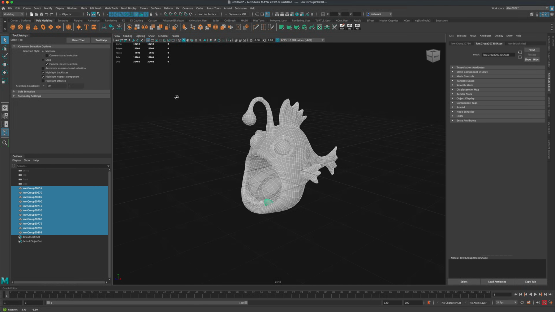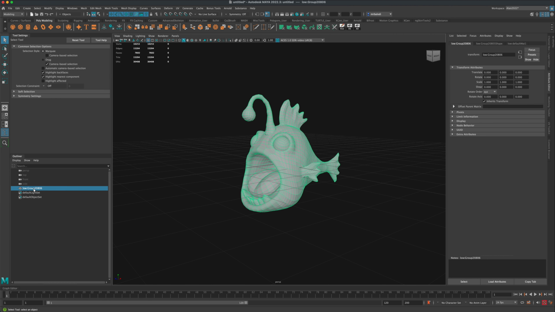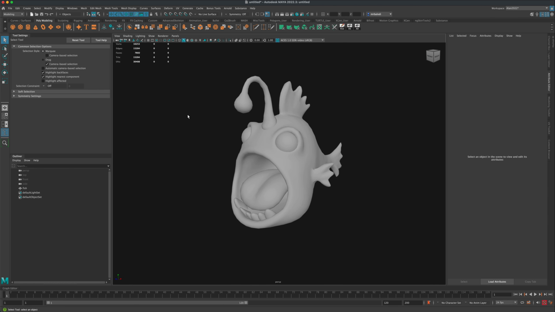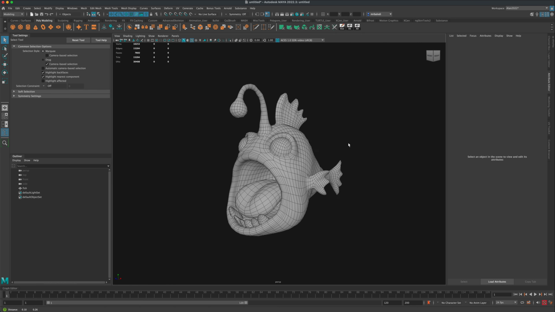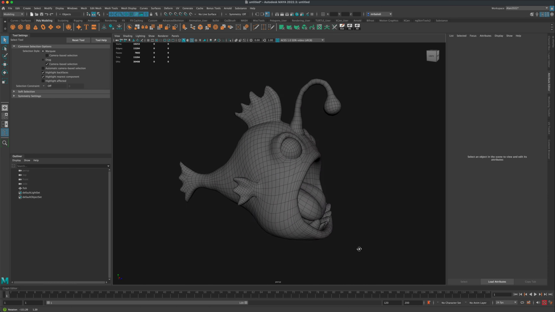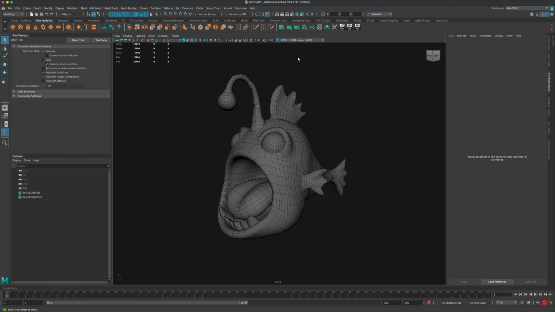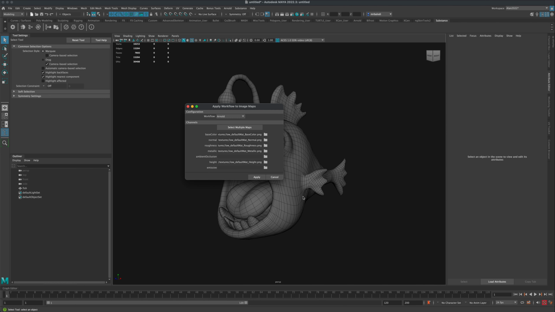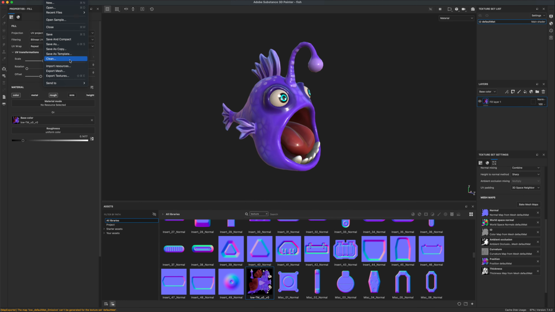Once I brought it into Maya, you can see all the pieces on the left came in for the poly group, so then I just combined the mesh into one and changed the edge flow to be soft so it looks nice and smooth. And next I went to the Substance plugin and just plugged in all the maps,